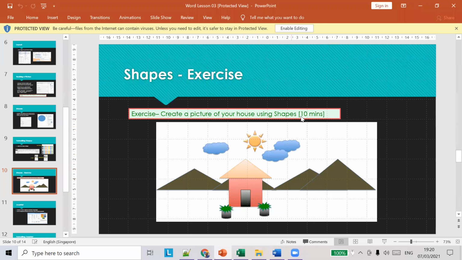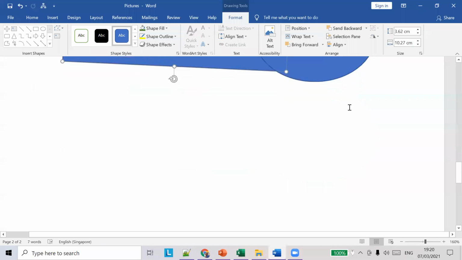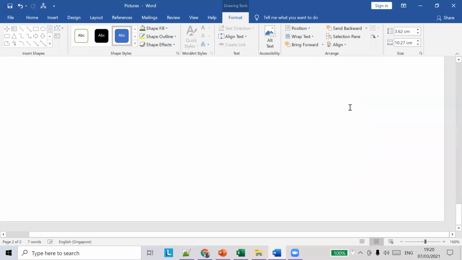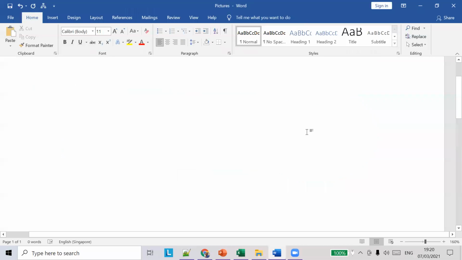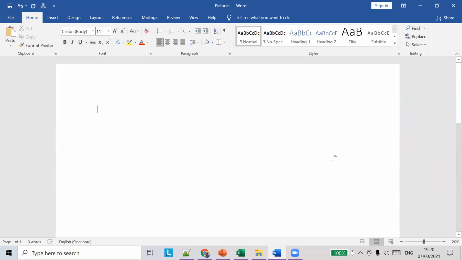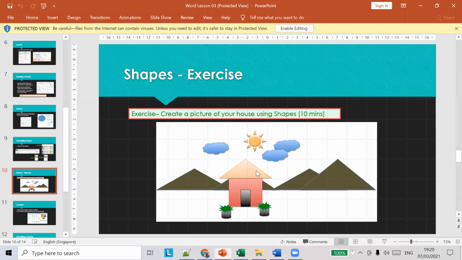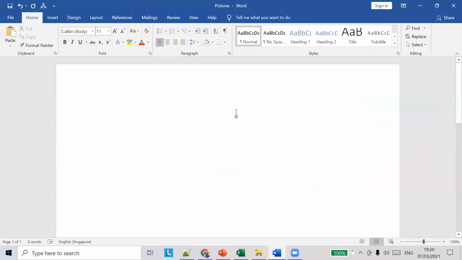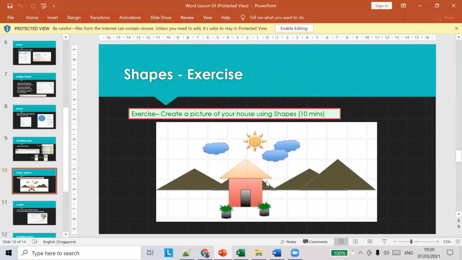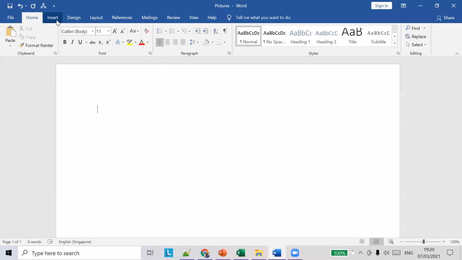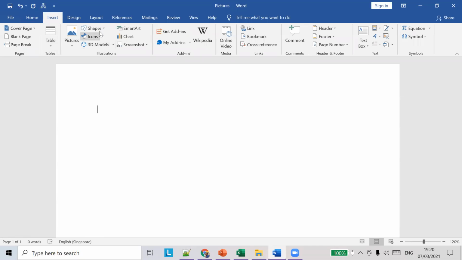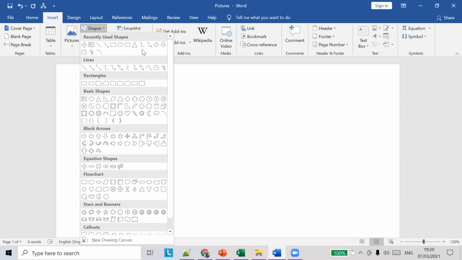So first, you have to draw a triangle. Go to insert, shapes, choose triangle.